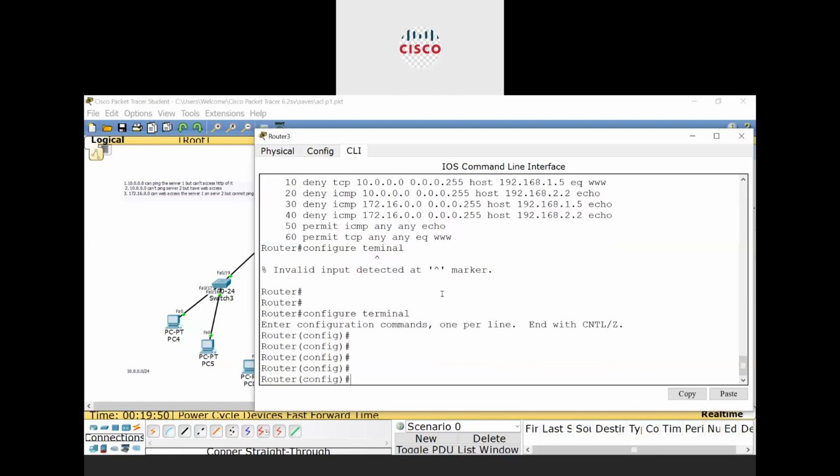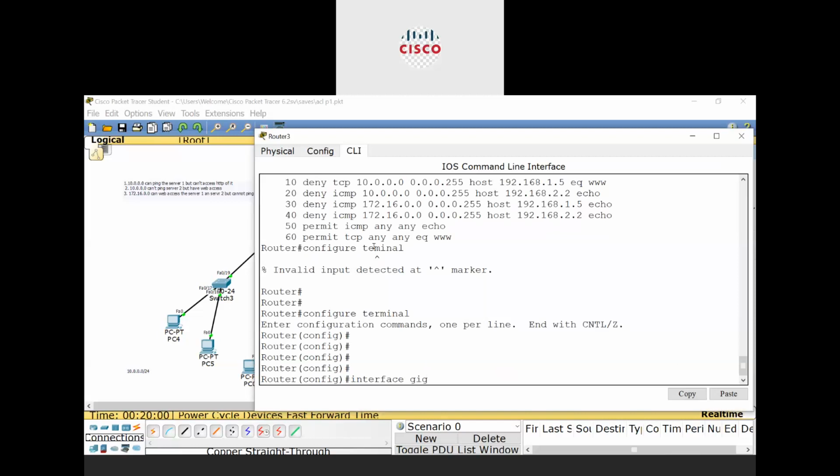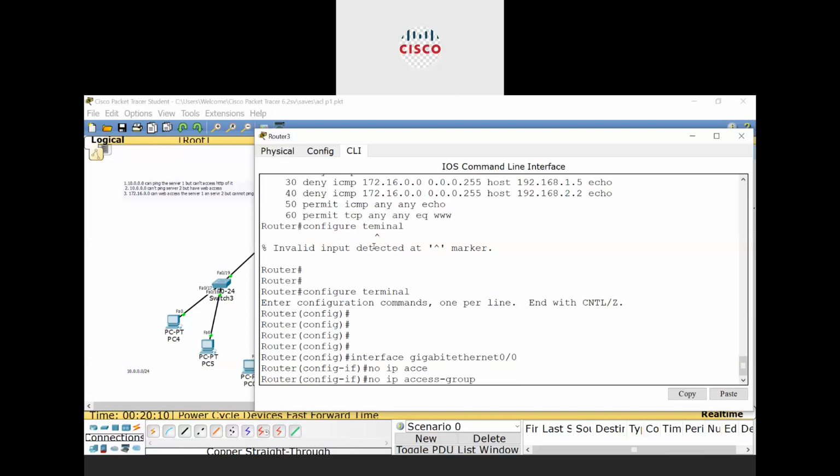Configure terminal, interface. Which interface? Gigabit 0/0. No ip access-group.